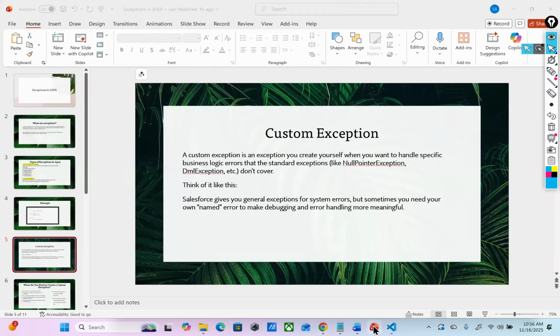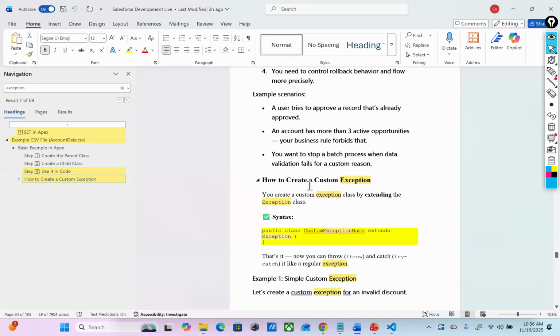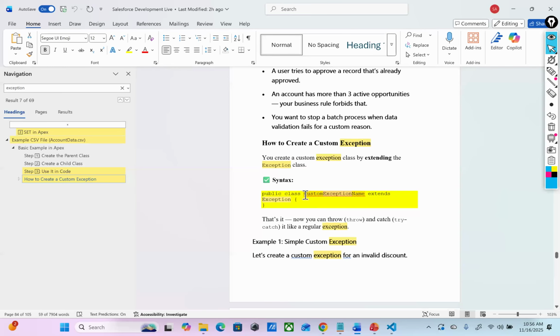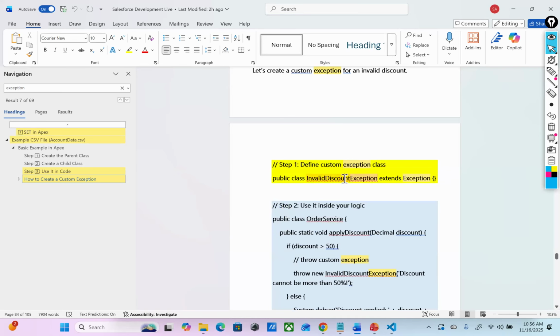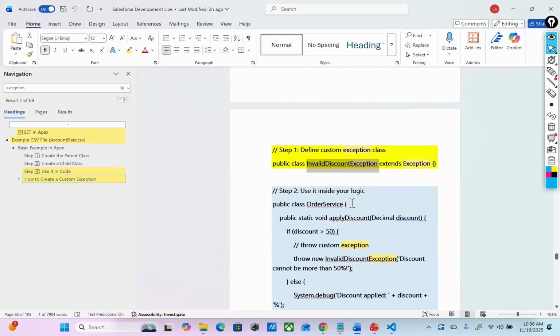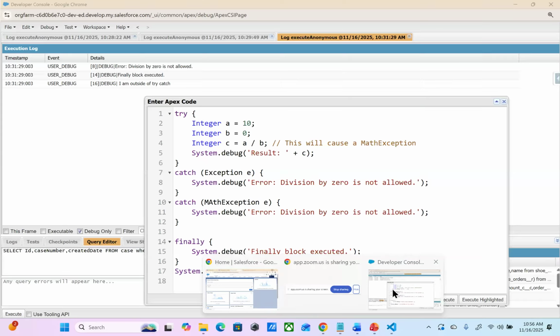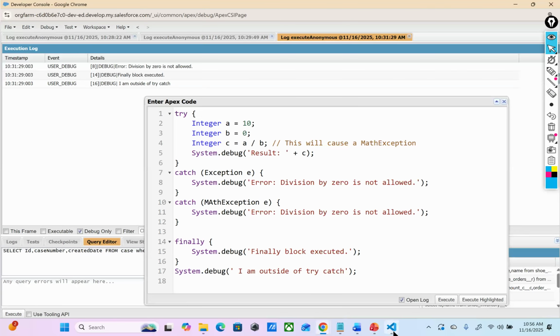Okay, so I will go ahead and create a class. This is how you do it: public class, this is your class name, extends from the Exception class. There are no methods that you have to declare or define, nothing like that. You just have to make this extend from Exception. That is it. Now let's create a simple exception. I had another example: InvalidDiscountException. This is my exception I'm creating. So I'll go here,